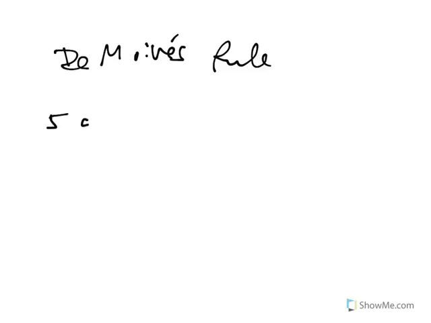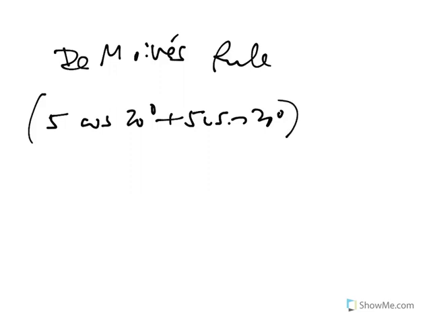As a consequence of the multiplication rule for complex numbers, we also get something called, I don't exactly know how to say it, but it's French. I always say De Moivre's rule. And De Moivre's rule says that if I want to do 5 cosine 20 degrees plus 5i sine 20 degrees, and multiply that by itself,